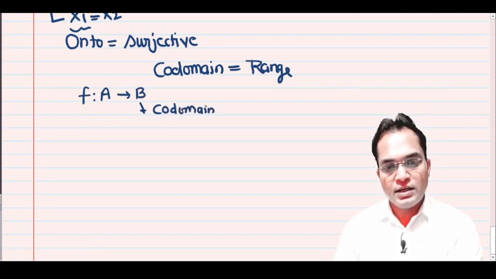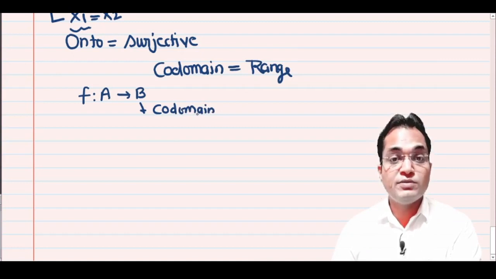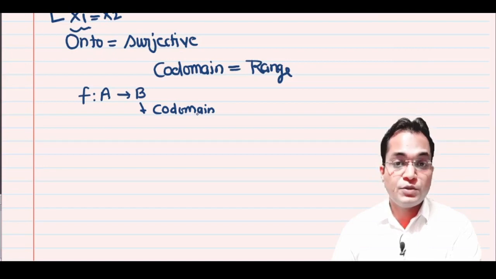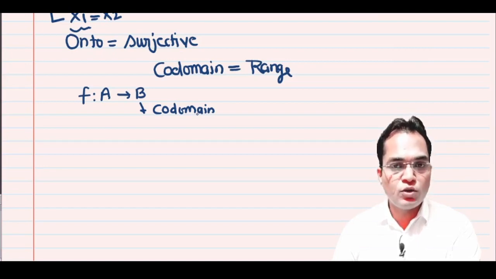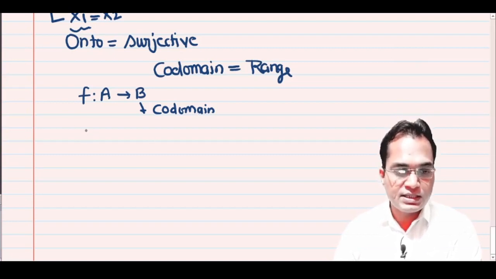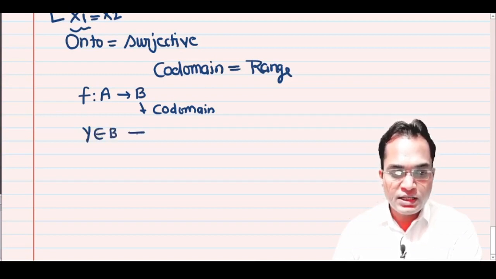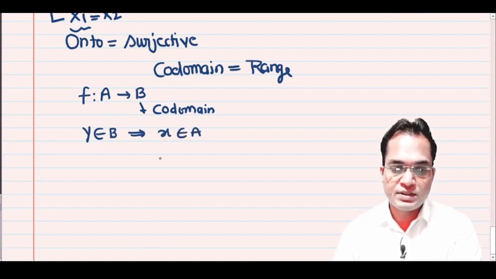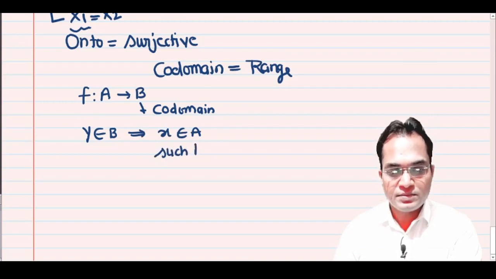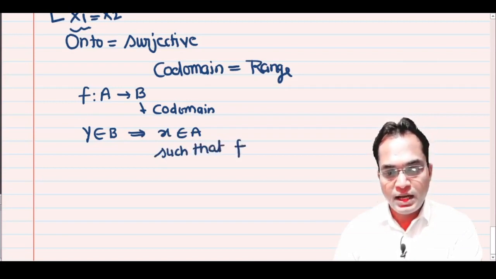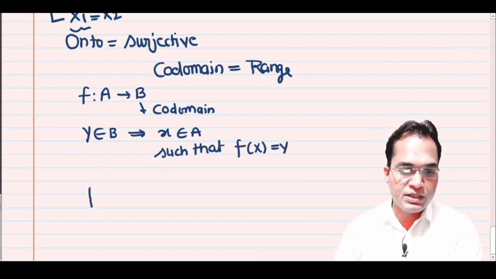And if this codomain equals the range of the function, then we can say the function f is onto. Okay, उसके लिए हमें क्या करना है? इसी प्रोसीजर को हमें लैंग्वेज फॉर्म में लिखना है. Then what is the language of that? The statement is this: for all y belongs to B, there is x belongs to A such that f(x) equals y. इस मीनिंग को समझने के लिए मैं आपसे यहाँ पर एक सेट बना देता हूँ.